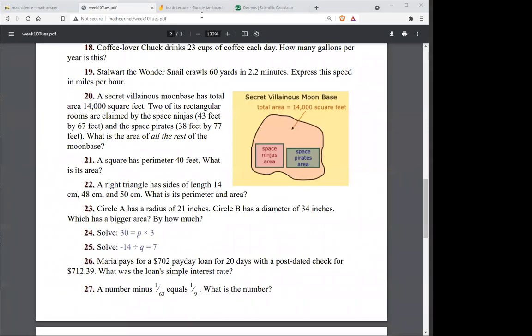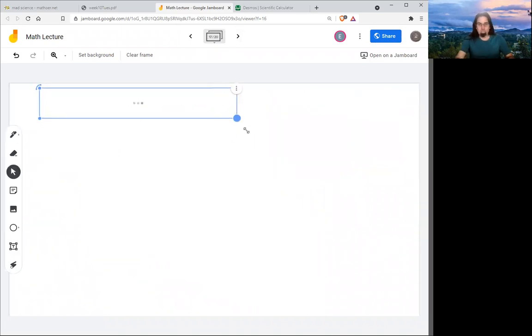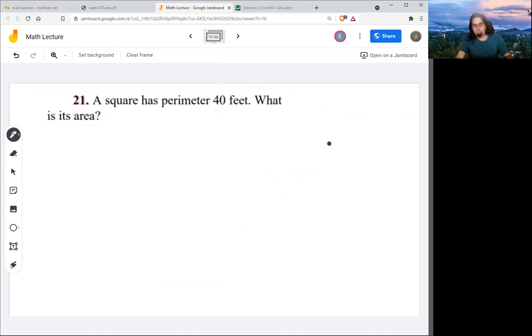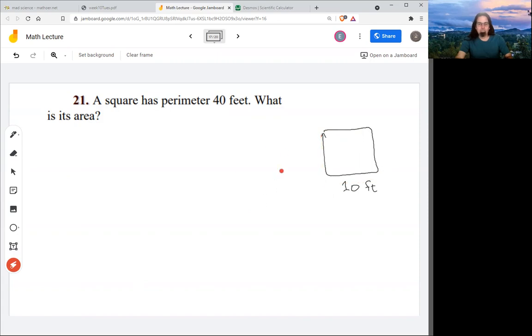21 is both shorter and trickier. We don't have a nice picture given to us anymore. We just have to kind of draw that ourselves. And the thing that we're labeling is a little hard to label. The perimeter, the distance all the way around is 40. So when I draw squares, what I really want to label is the edge. What's the edge of the square? What's one side? 10. Everyone see why? Yeah. 10, 20, 30, 40. Okay. Now I actually have a picture I can work with.